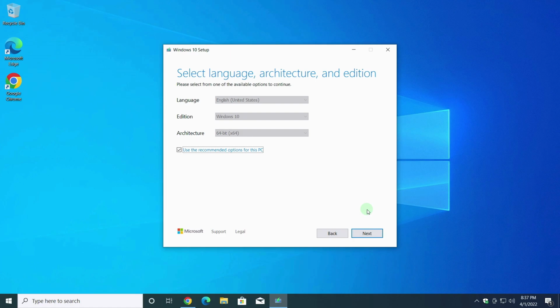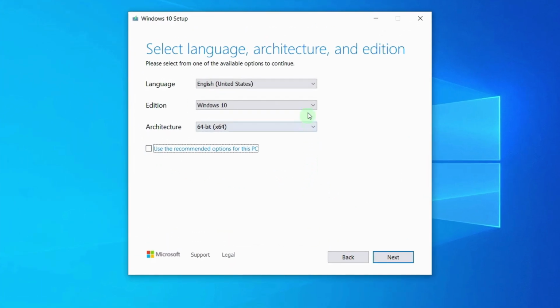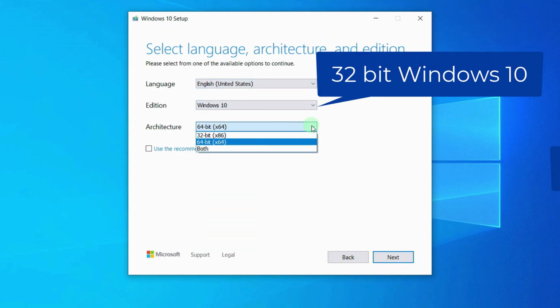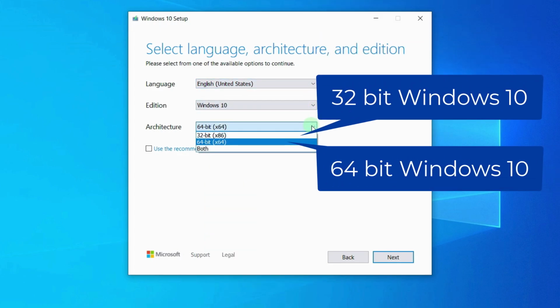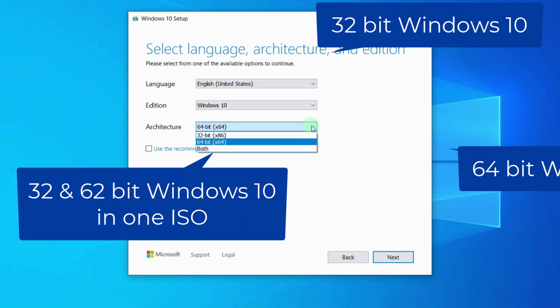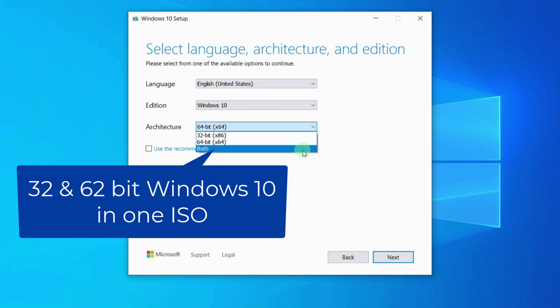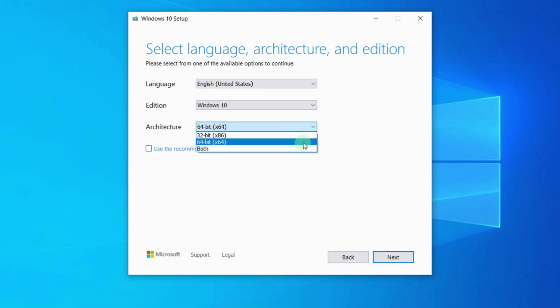For this you can uncheck here. I can select and download the x86 and x64 files separately, or download both files. I choose this option and click Next.